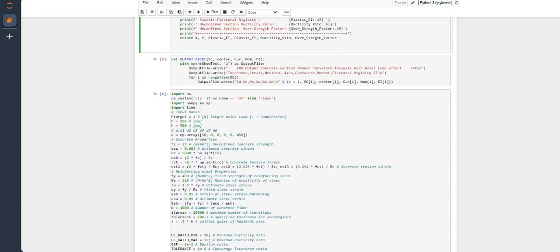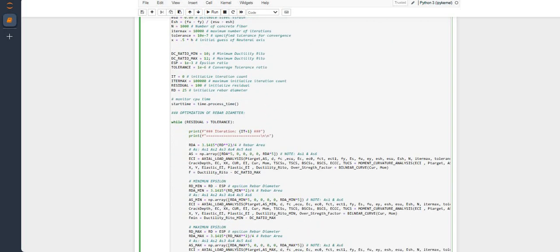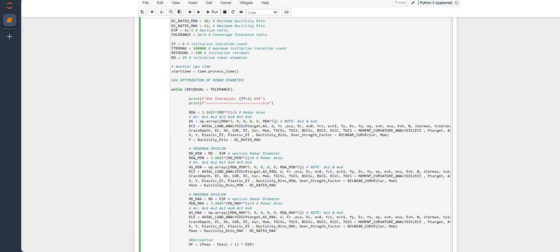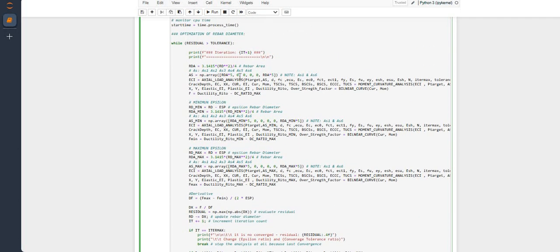And then here we want to analyze the optimum rebar diameter with the Newton-Raphson method. You see that I use this method in a while cycle: while residual is greater than tolerance, the analysis is going to continue. And I defined this method for calculating F equals ductility minus